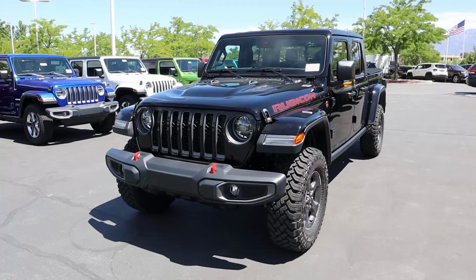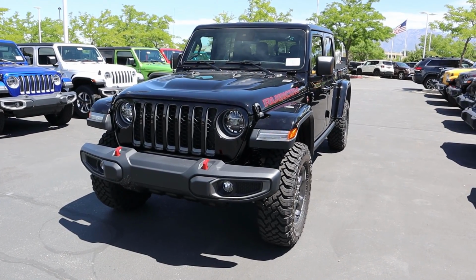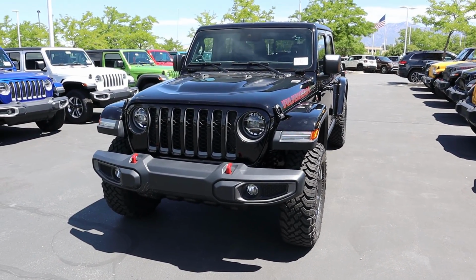And the reason being is that the video I made earlier last month was super rushed, but now I've got a little bit more time with the vehicle, so I wanted to make a more in-depth video and just have it not so rushed in general. So I actually plan on doing every single trim package on the Gladiator, so the Sport, Sport S, and then